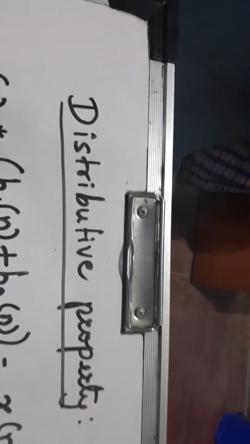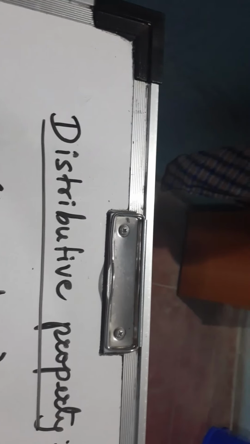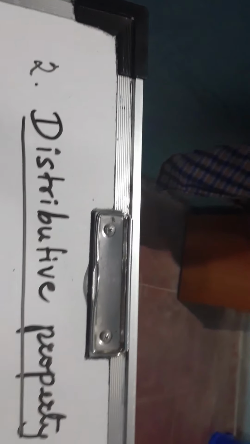Everyone, today we are going to deal with the second property of LTI system, that is distributive property. The first property which we dealt was commutative. Today we are going to discuss distributive property. This property is very much well known to you. In mathematics you might have learnt like this.